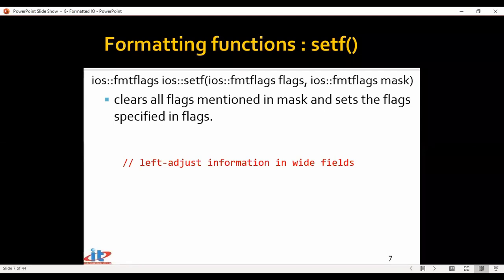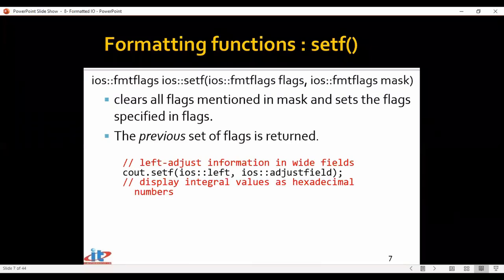Now, in that case, we'll come across this version wherein we are going to pass the mask. Here we go. Look at this example. I said cout.setf, ios::left, ios::adjustfield. Now, this left belongs to a group. What is a group? It can either be left justified or right justified. So, if I turn on left, right should be turned off. So here I'm passing left. By default, I want the right flag to be turned off. So adjustfield will do that for you.